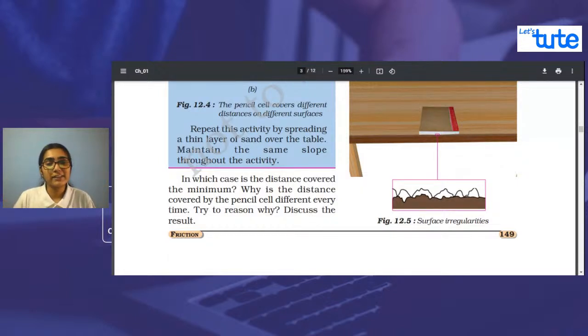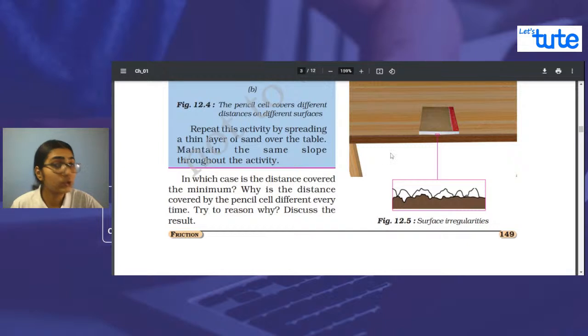So, the table appears to be very smooth. But though the table appears smooth, the moment you magnify it, you will notice that the table actually consists of a lot of irregularities. Same goes for the book. The book, which appears to be very flat, also consists of these irregularities. We call them ridges and grooves. Once again, a surface may look flat, but sometimes it is not flat. It consists of a lot of irregularities.